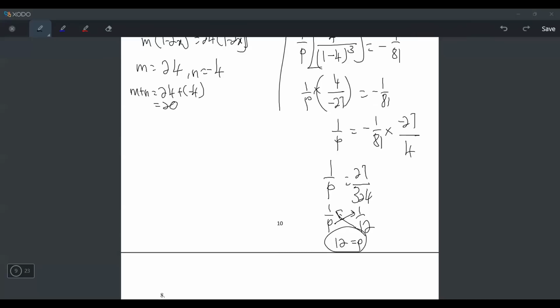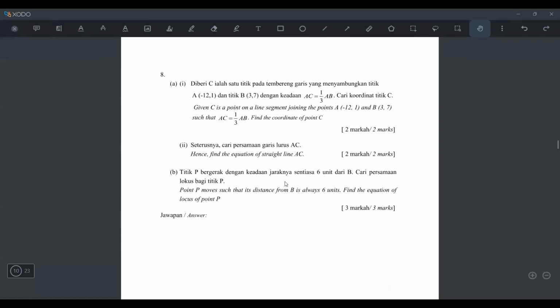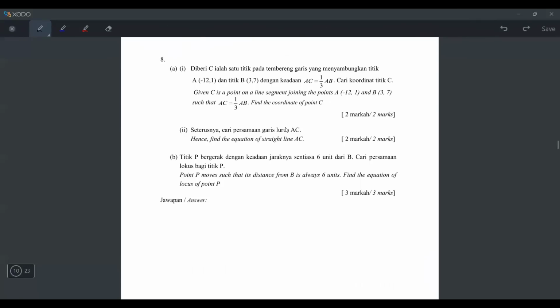Okay, let's go to question number 8. All right, let's scroll down. Number 8, given C is a point on line segment joining A and B, definitely coordinate geometry, because you see like find equation of locus, find equation, so yeah, this is coordinate geometry. So given C is a point on a line segment joining A and B. So what I will do is I will draw a diagram. Actually, you don't have to draw, also can, but it's better to draw